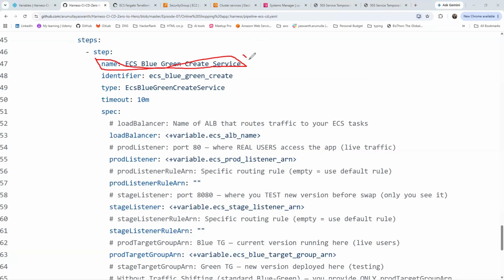Okay. Step one, ECS blue green create services. Harness. This is the first build. Still now there are no pipelines created. This is the first build. Build one. This is the first service. Harness